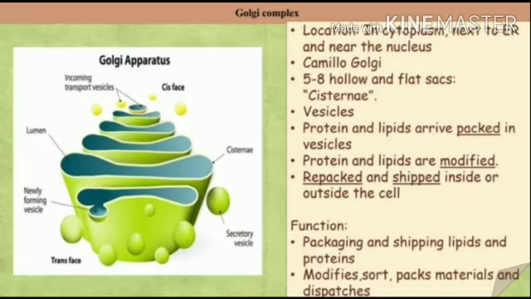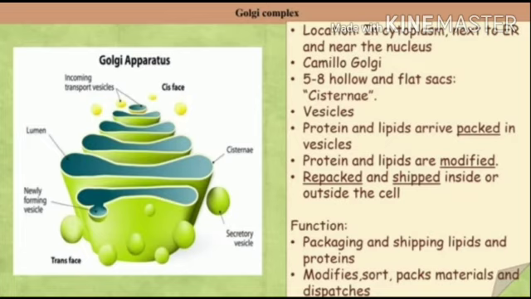As they pass through the cisternae, they are chemically modified with the help of enzymes. They are again packed in vesicles. These vesicles exit from the maturation phase. Thus, cisternae work like a packing department that packs and distributes substances.